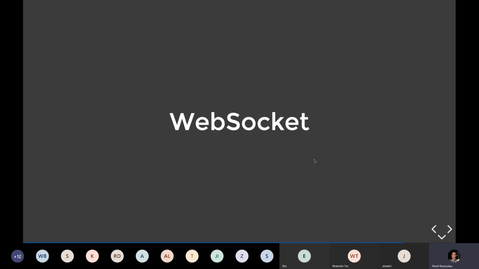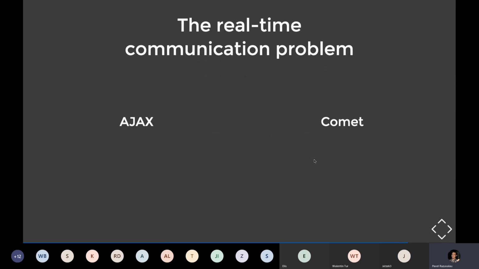So the last thing I would like to cover is the WebSocket. So what's the purpose of using WebSocket and what problem does it solve? And as you might have noticed, the problem is the real-time communication. As I told, an ordinary HTTP request is pull-based, so it's mostly about one-side communication. I told that HTTP2 allows push requests,